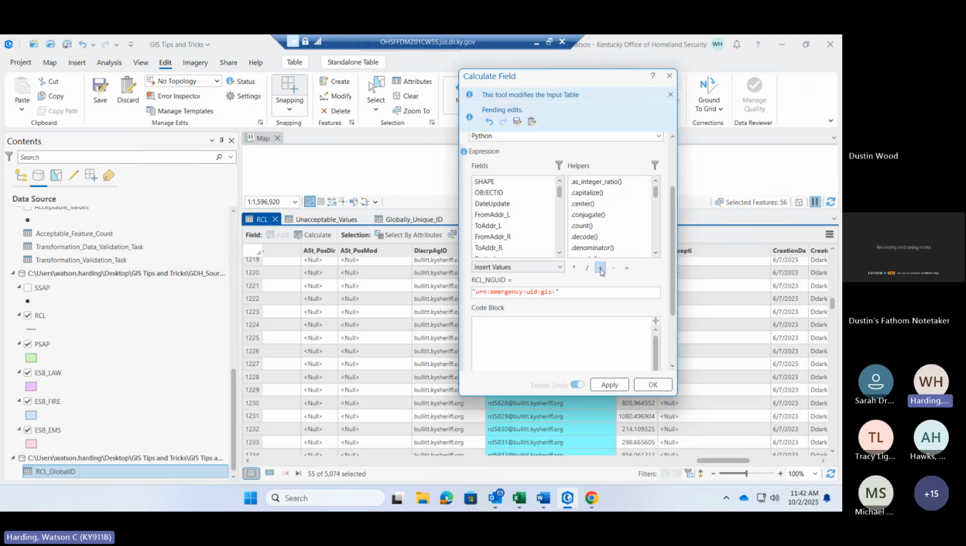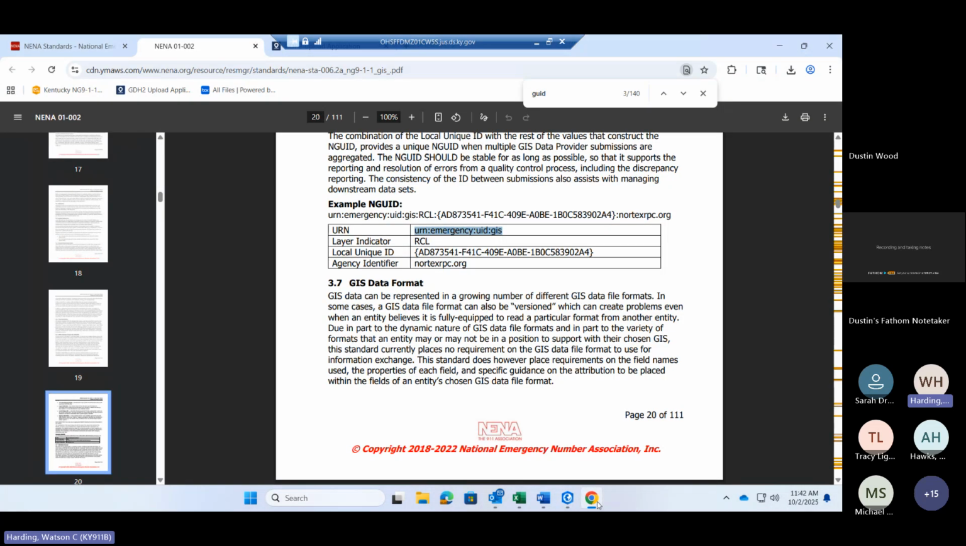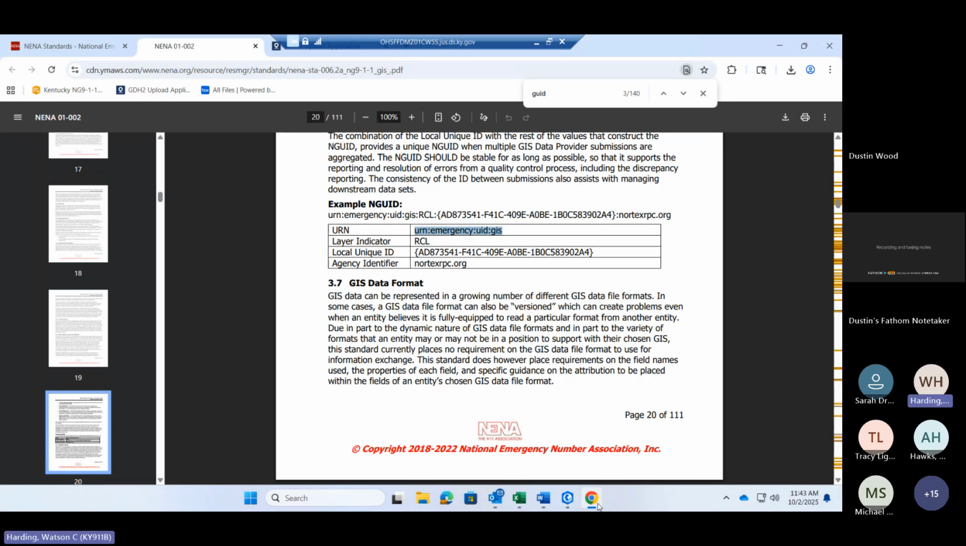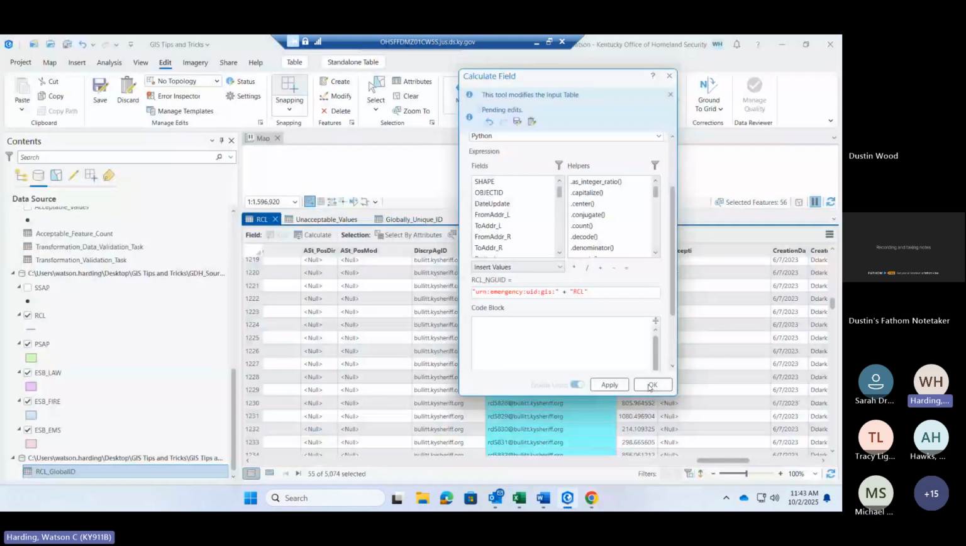But I'm going to use this plus sign to do a concatenation, so combining text elements with field elements. So the next step after that URN prefix is the layer indicator, so RCL. It's going to be in quotations because it's text. It'll actually be RCL and then another colon. Then,